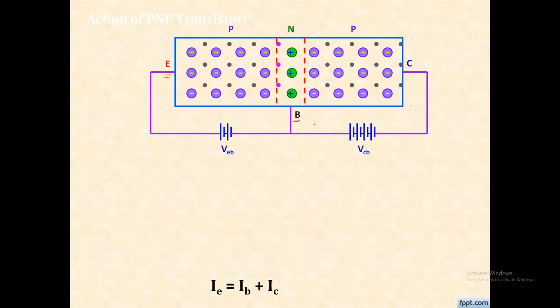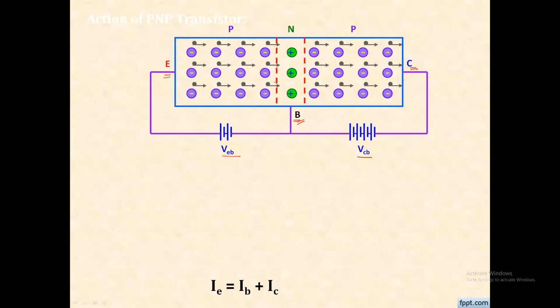And that region we have to connect to the negative terminal. Now look carefully here at how the current flows. And the collector to base junction, collector to base junction is connected in a reverse bias. So the P region acts as a collector region. We have to connect it to the negative terminal, and the N region acts as a base. We have to connect it to the positive. That means these two batteries now make the transistor work in the active region.